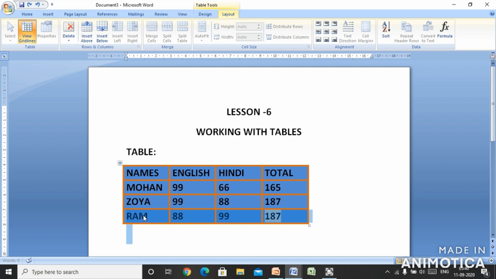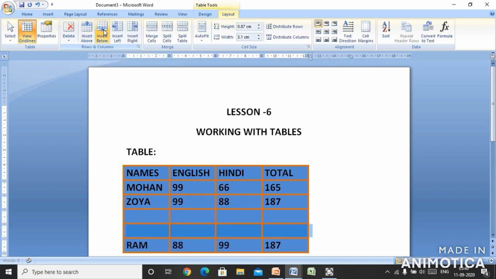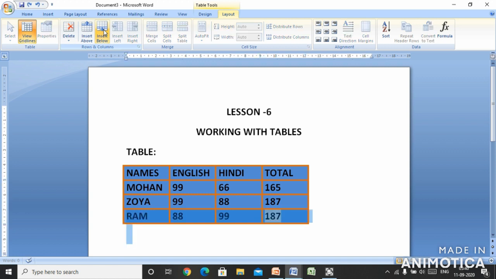What will I do? Insert above, or insert below. So this way, children, we can insert the rows and columns into our document. So this was about inserting the rows and the columns.